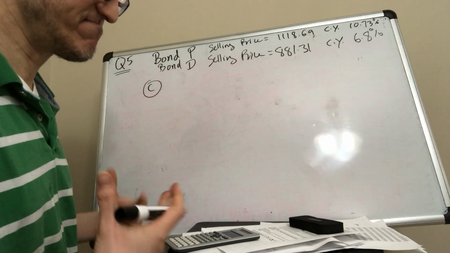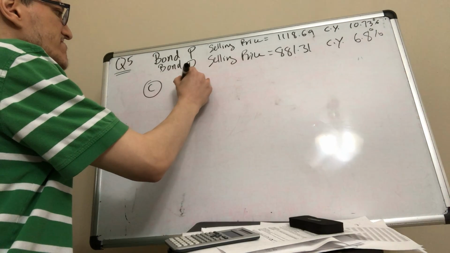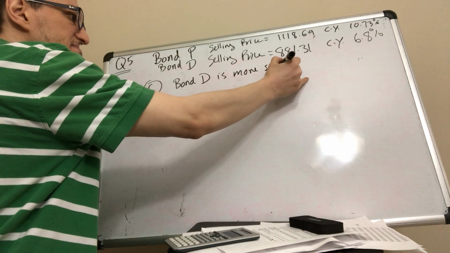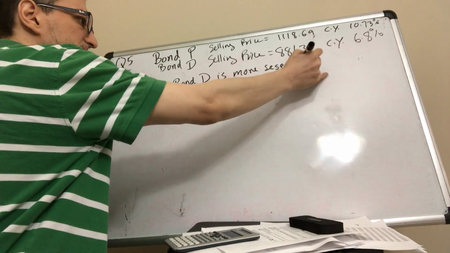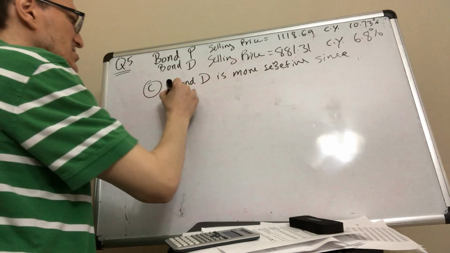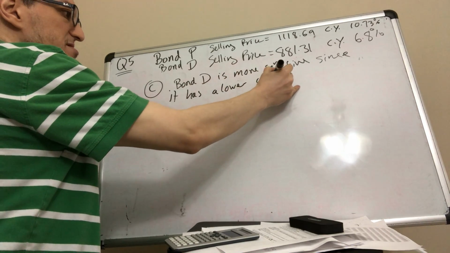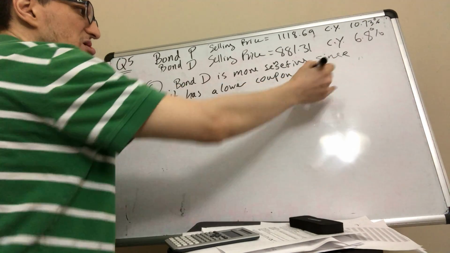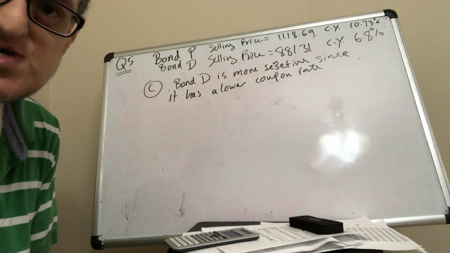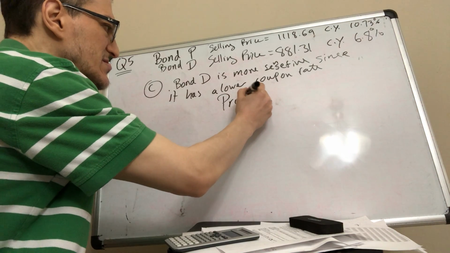If you want it as just talking about it, you say bond D is more sensitive since it has a lower coupon rate. So the change in YTM will affect bond D more because it has a lower coupon. If you want to prove, because they say show work,